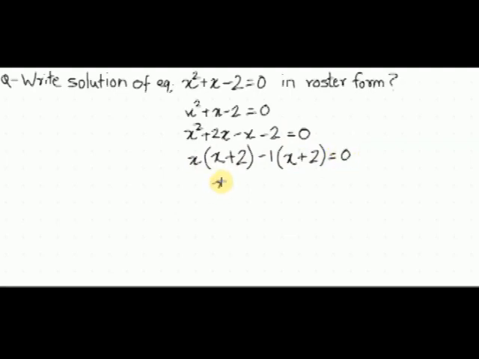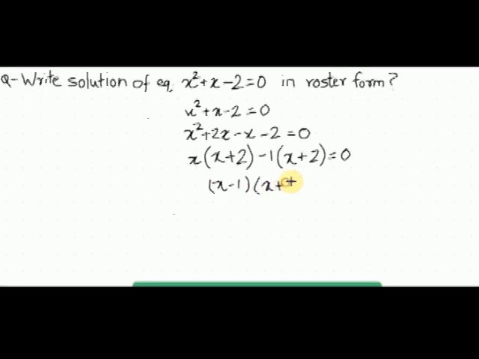So after factorizing, we can write it like this, right? So the solutions we are getting from here is x equals to 1 and